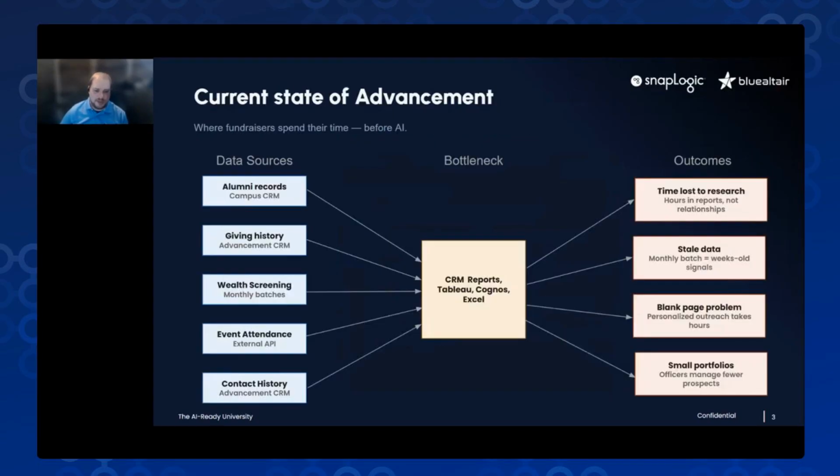One problem in this space is that there are a ton of data points used to help prospect donors, like alumni information, what was their major, fundraising history, contact history, other philanthropic giving, event attendance, wealth information, and all these data points are coming together from different sources at different cadences. So researchers and fundraisers have to spend a ton of time in reporting tools like Tableau or Cognos or even just exporting to Excel in order to identify prospects, instead of actually taking the time to strategize for and build relationships with those prospects, ultimately with the goal of securing funding for the university.